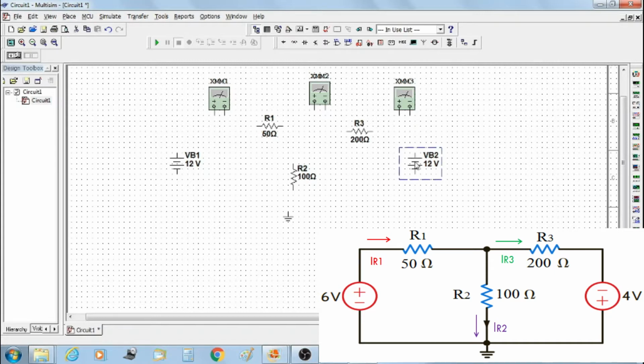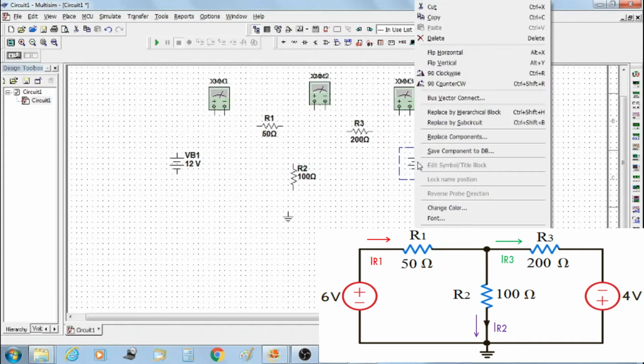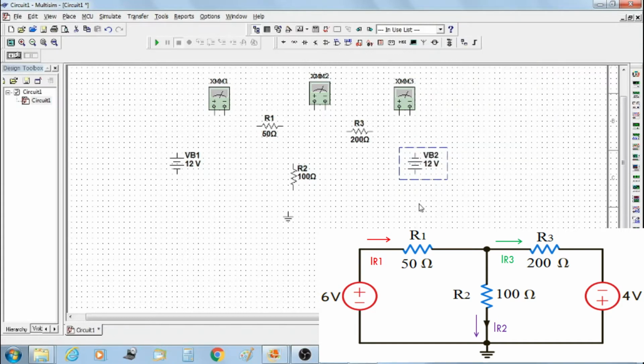Please note that you should reverse the position of this VB2 voltage source by clicking on flip vertical. It means we are connecting VB2 in a reverse direction. Okay, let's make the connections.